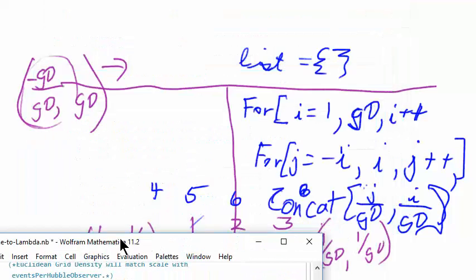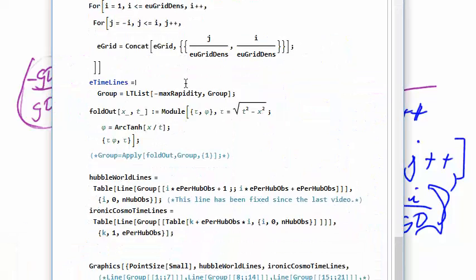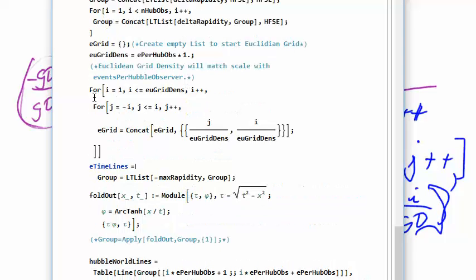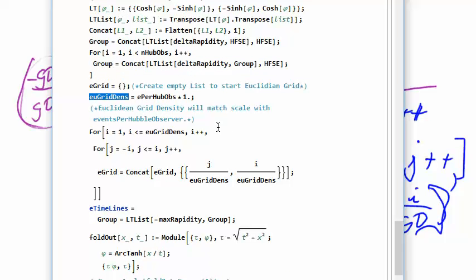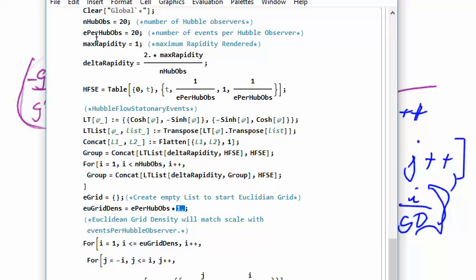My description here was pretty good. I think it was successful. I produced eGrid, creating an empty list to start the Euclidean grid. I decided to set eGrid density equal to the events per Hubble observer times 1.0. That just turns it into a numerical evaluation, because eGrid density was defined up here as,